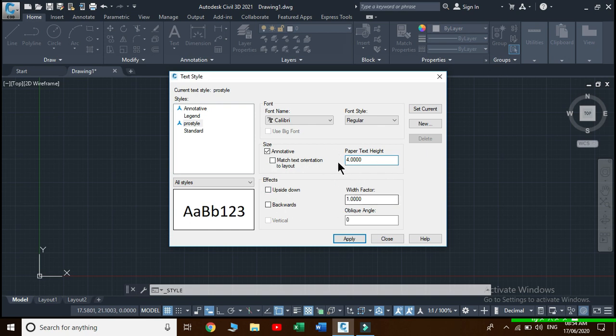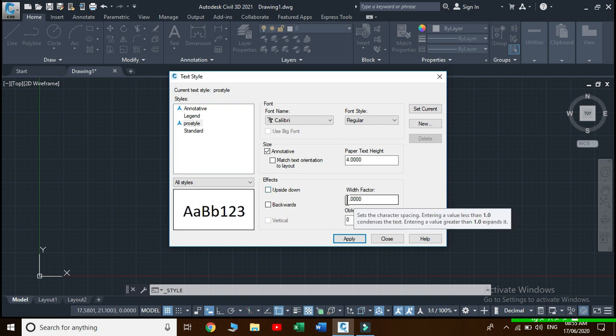And we can also add different effects to our text. If I click on this square box on the left side of upside down so that tick marks appear in this square box, then this type of effect will be seen in our text. And if I click on the left side of backward so that tick marks appear on this square box, then this type of effect will be seen in our text. If I click on both square boxes so that tick marks appear on both, then this type of effect will be seen in our text. Here I will uncheck both of these square boxes.